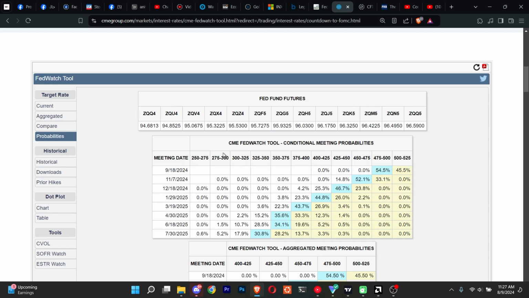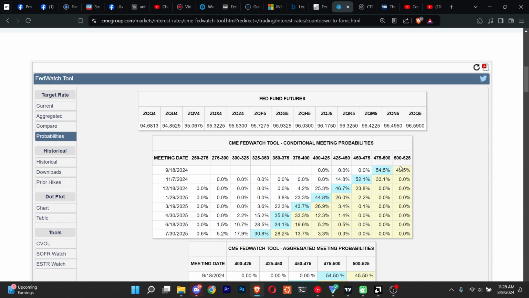One thing you need to understand while looking at this table is that most of these expectations are not exactly reliable, especially these longer term ones. They're not reliable in such a significant way as you might think. The ones I prefer to monitor closely are the expectation for the next meeting and the meeting after that. All these others, no. So this is for the September meeting and this is the November meeting.